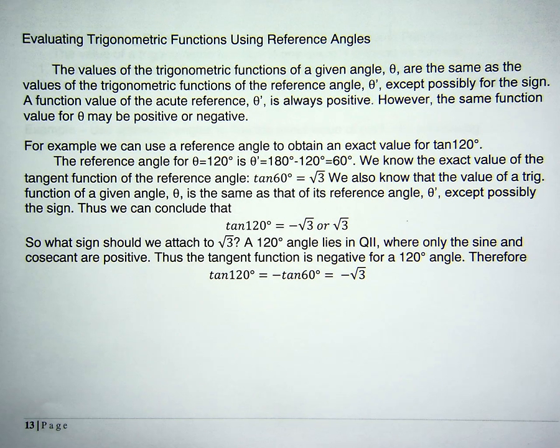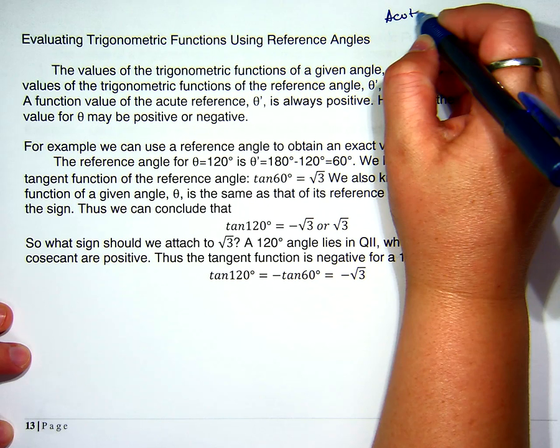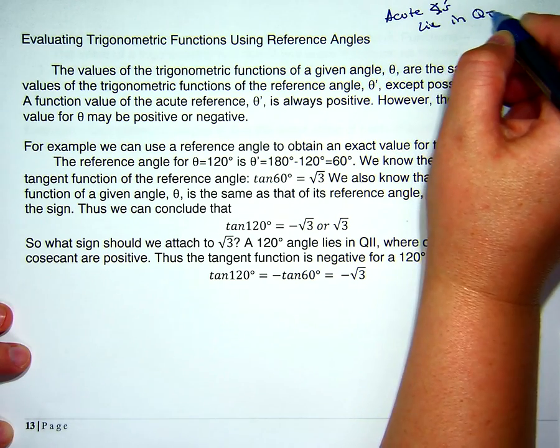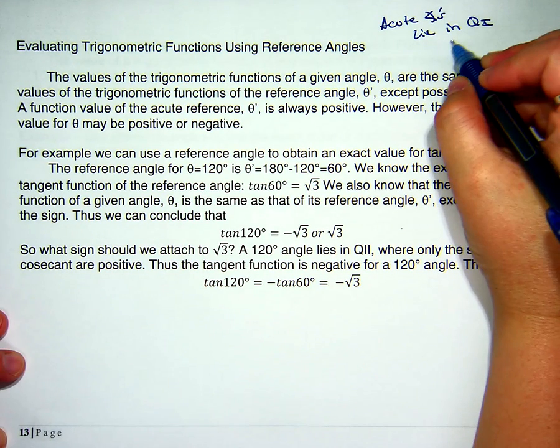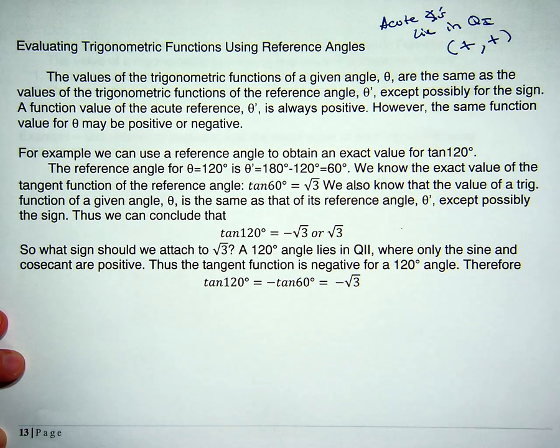But if the angle is acute, remember that acute angles lie in quadrant 1. Things to note about quadrant 1 is that it's positive x's and positive y's. So if you're going to evaluate a trig function using a reference angle, yes, you may get the correct value, but you may be off by a sign. Okay, so for example,